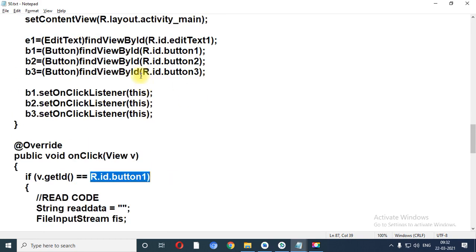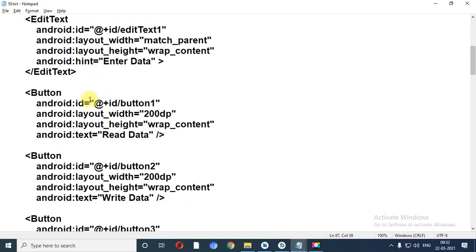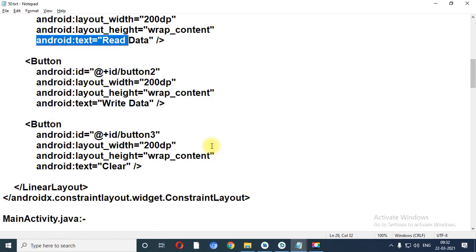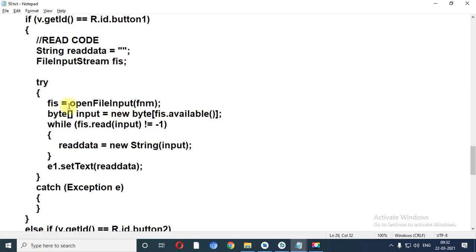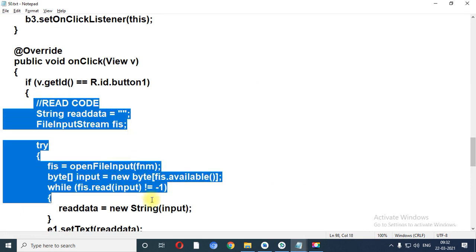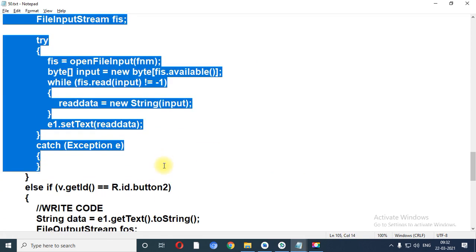R.id.button1. Button 1 stands for read data. This is the button 1 which is used for the reading of data. So if I have clicked on button 1, at that time this particular code is executed.